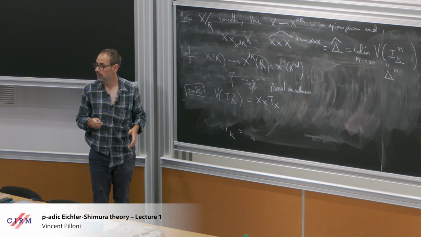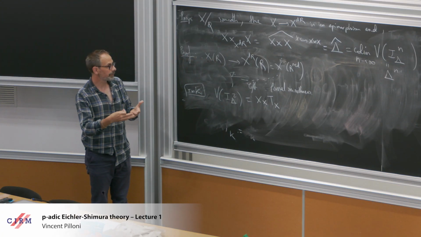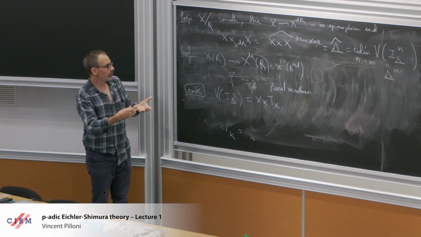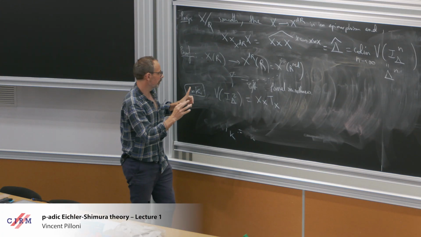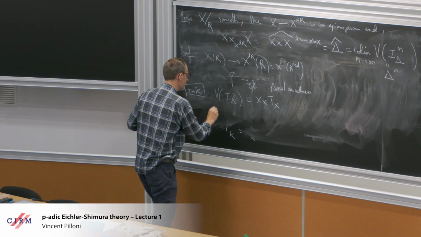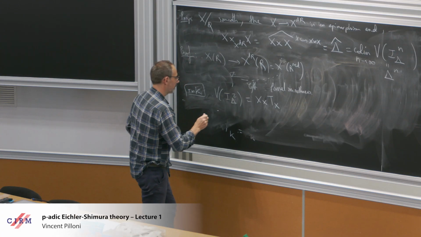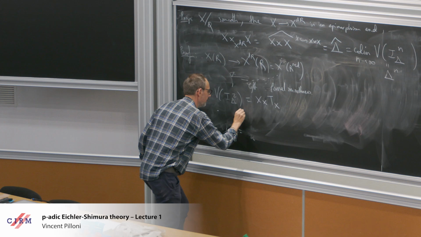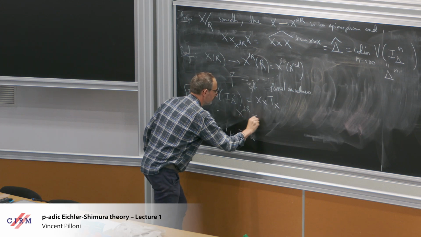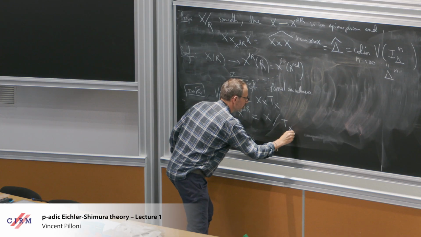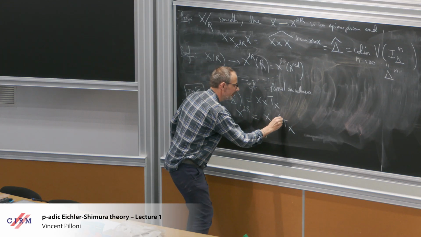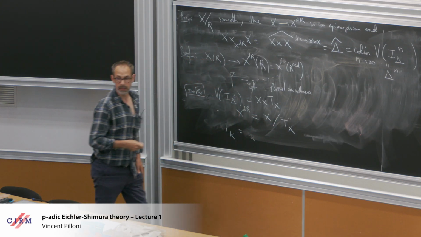Okay, and so because of this one can really think of X de Rham, and one often writes X de Rham as being X divided by the tangent space. But what one really means by this, okay, is that actually